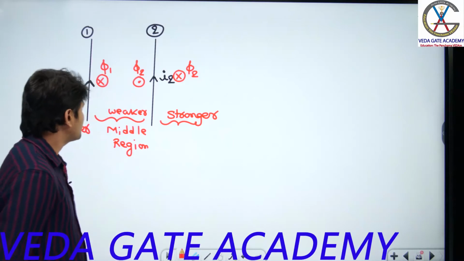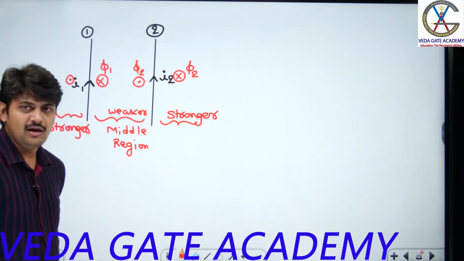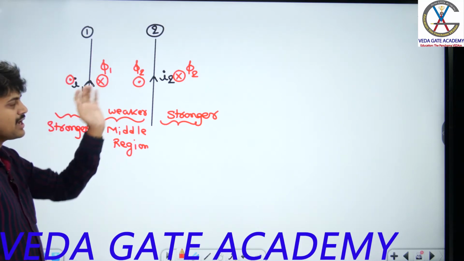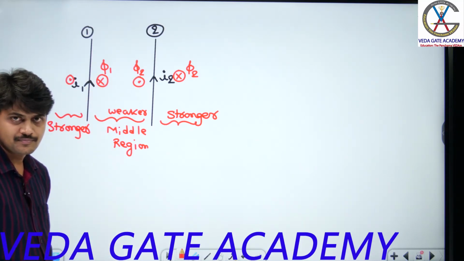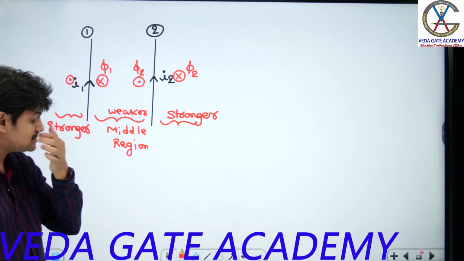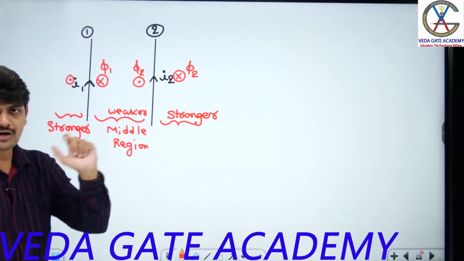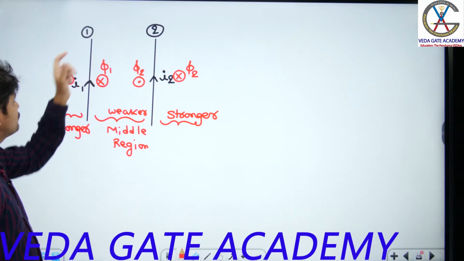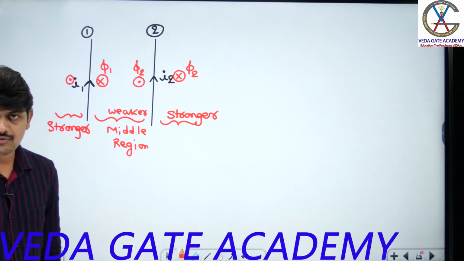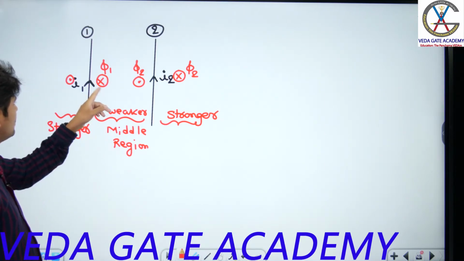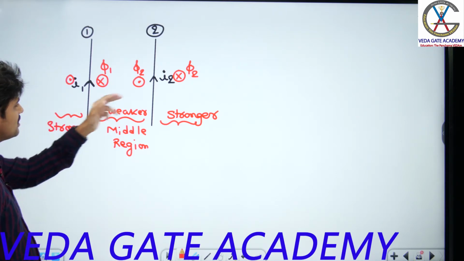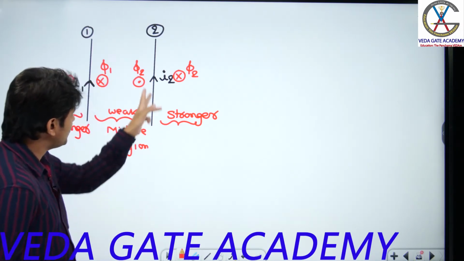Now we will try to apply the Lorentz force equation. Here my current carrying conductor is placed in a magnetic field, so it will experience some force. To determine the direction of force, I have to choose which region? The stronger flux region. Now you can open your left hand and determine the direction of force acting on conductor 1, and you need to choose the reference as the stronger flux region. So let me take whichever it may be. If you take this particular conductor, or you can choose this conductor, let me apply it for this one.